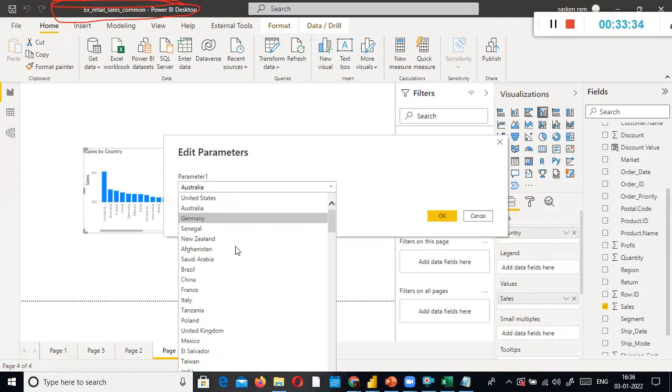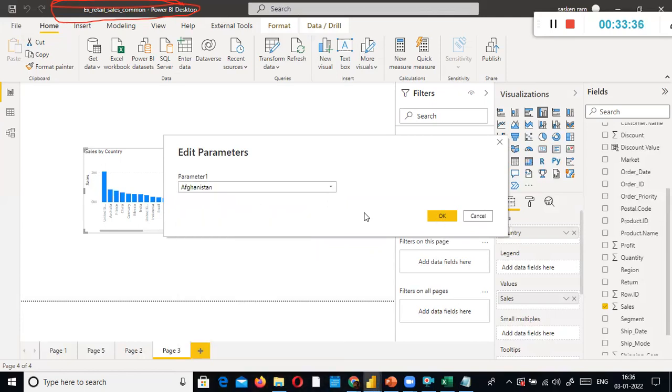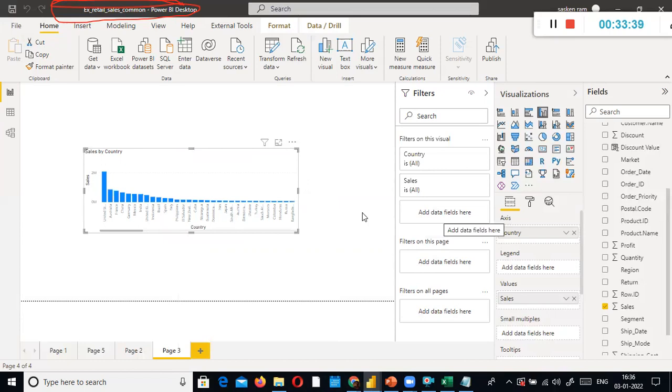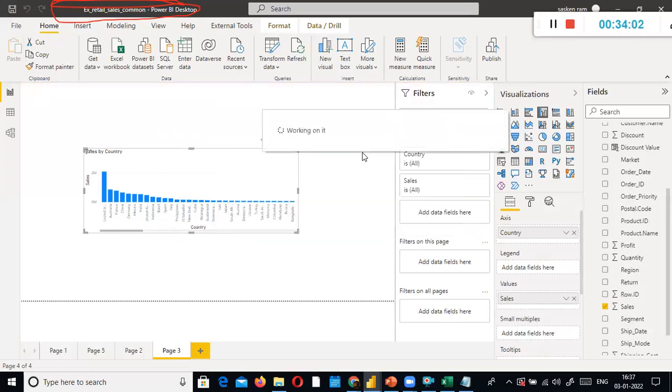I can select whichever country I want. Afghanistan. So it should show only the Afghanistan sales here.